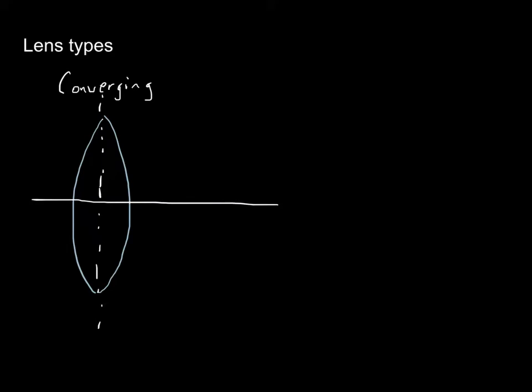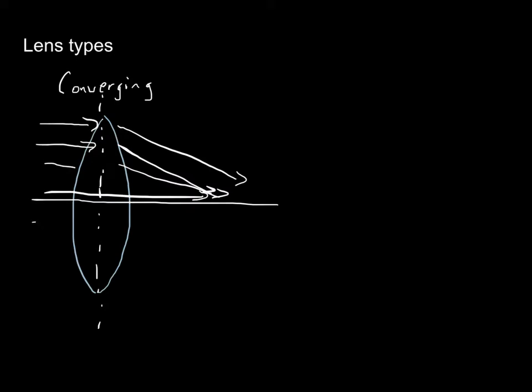As light travels through here, because of refraction, all this light is sort of going to be converging, that's where the name comes from, to sort of a single point right here that would be what we call a focal point. With a diverging lens,